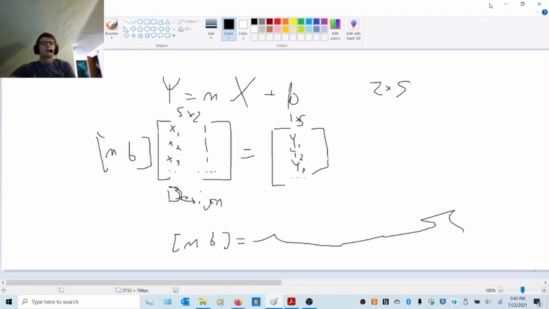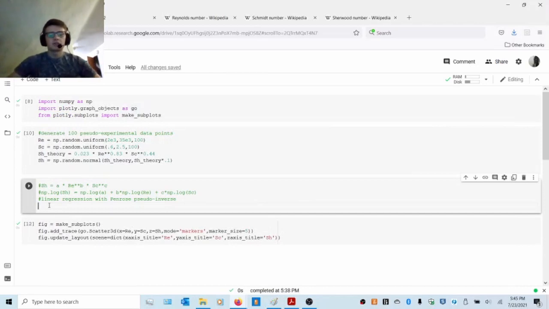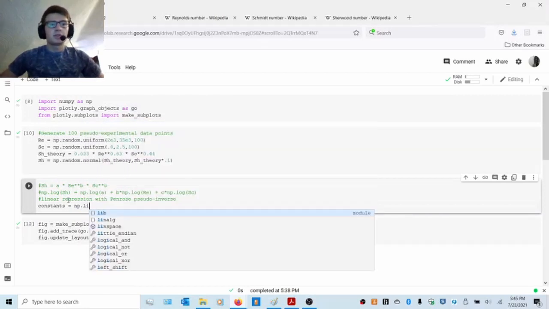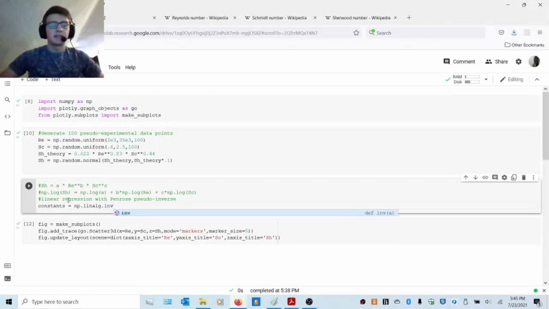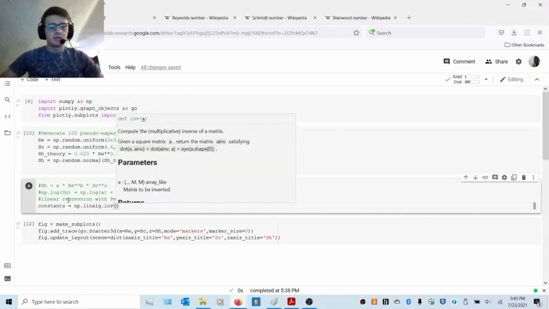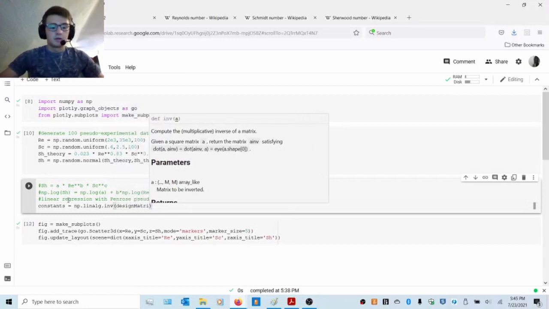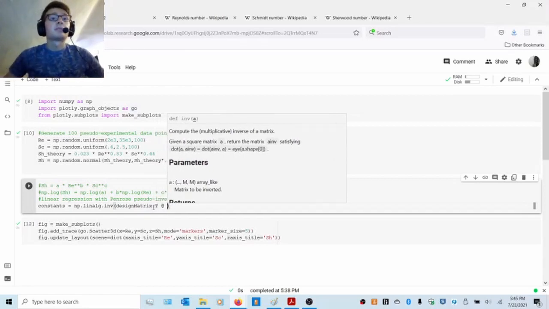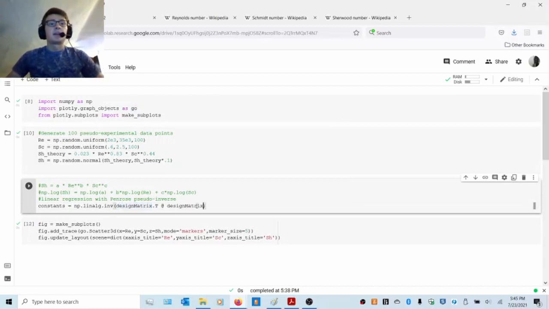So, what would it equal? Well, let's go ahead and write it out. So, the matrix of the constants, and we'll just call this constants, is going to equal numpy, where it's going to equal the matrix inverse. So, this linalg inverse is the matrix inverse, and it's going to be some design matrix, the transpose of the design matrix multiplied, and that at symbol means a matrix multiplication. Actually, that's an important thing to keep in mind. That is what that means here. And then we're going to multiply it by the transpose again, and then multiply that by the